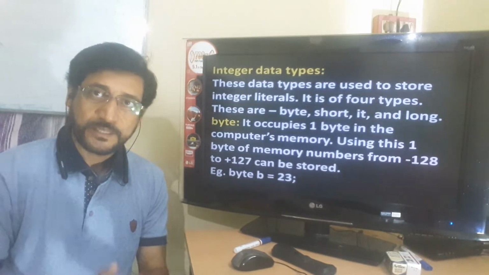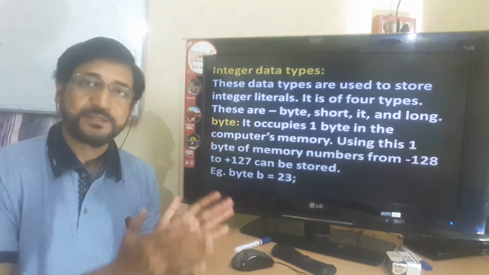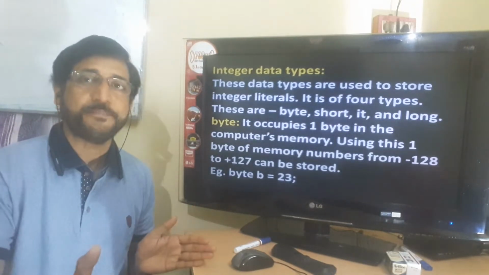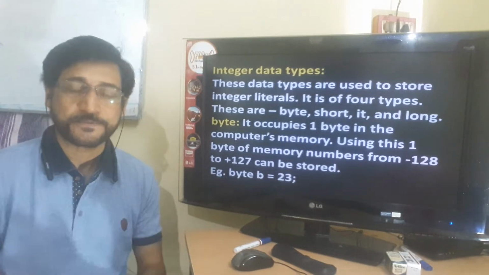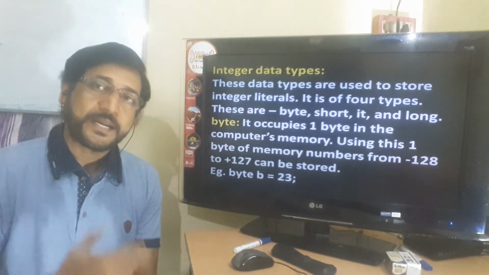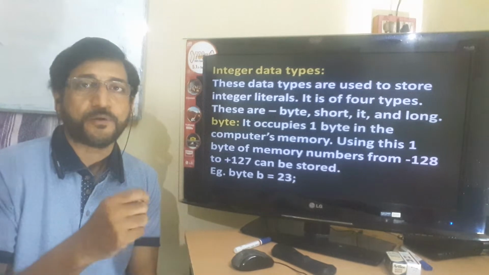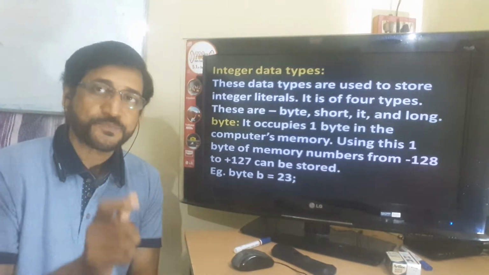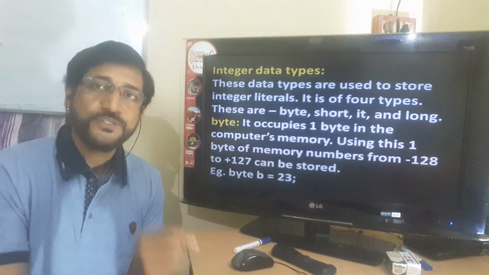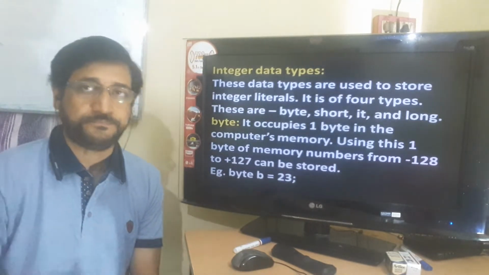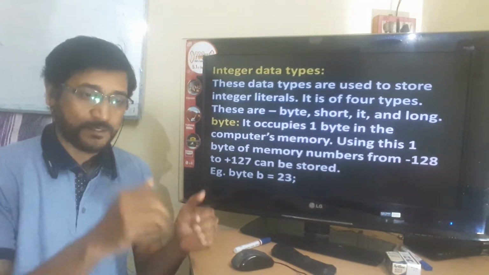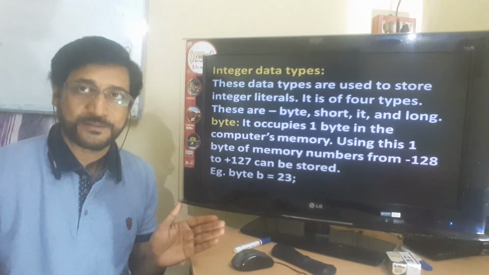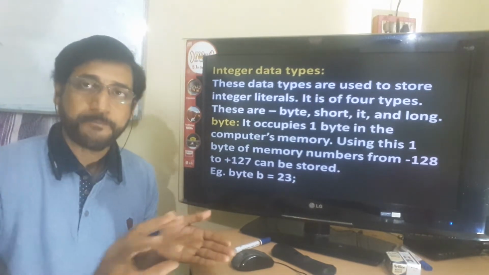Okay, out of these 8 bits, the first bit is used as the sign bit, meaning plus or minus. The remaining 7 bits are used to store the data items. Now one thing I will make clear: data items are stored in the computer's memory in the form of 0 and 1, that is, in the form of bits. So 7 bits for data means 7 zeros and ones can be stored. That makes a bit pattern, suppose 1 0 1 0 1 0 1, like this, 7 zeros and ones make a pattern.